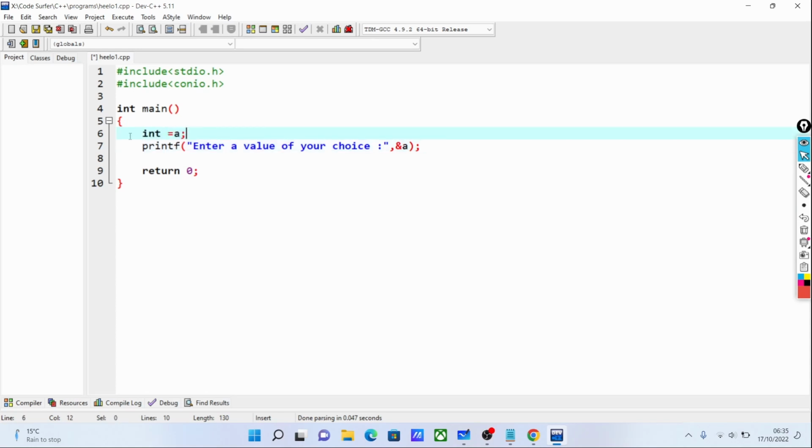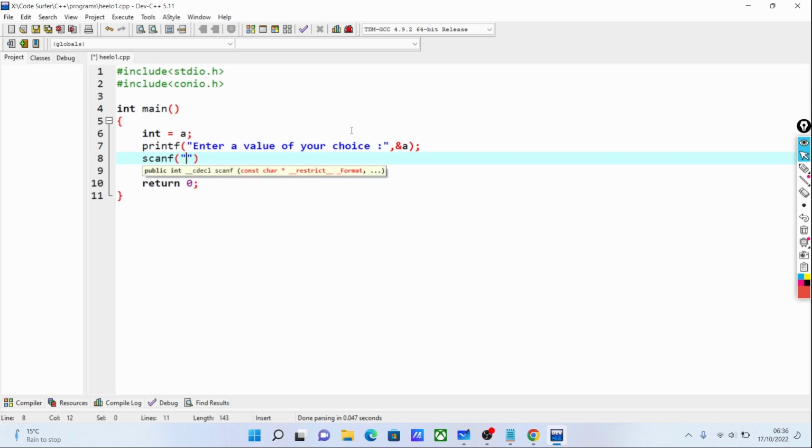So this int is known as the data type that we will call here, because a is a variable which will store only integers in it. You can't write any string in it. If you try to write a string, it will throw you an error, something like the data type is not valid. So this int is meant for integer, and let's go scanf,